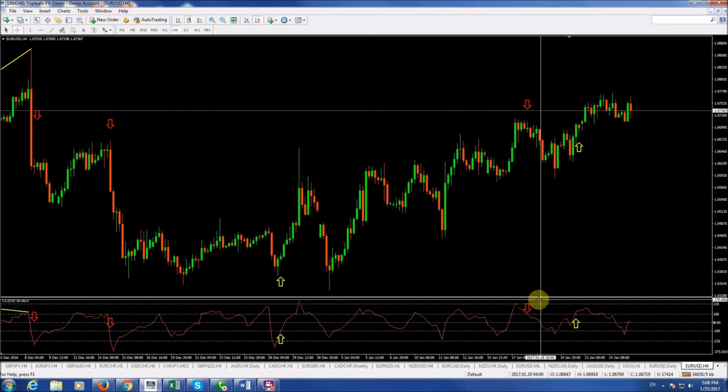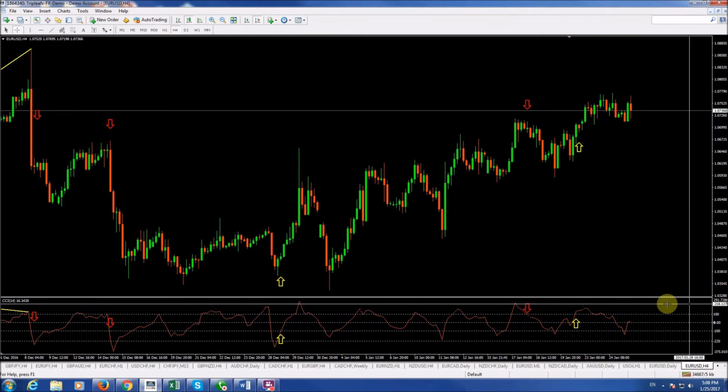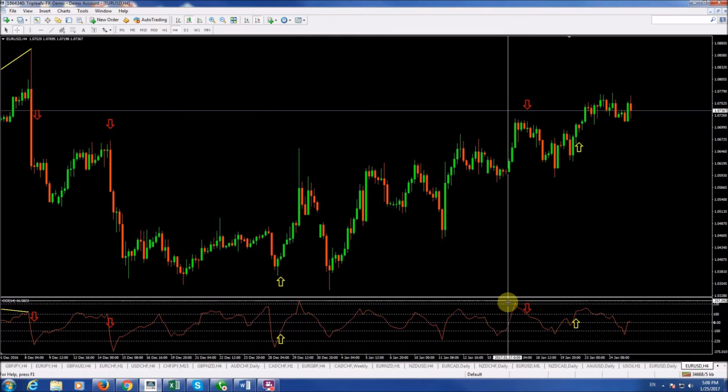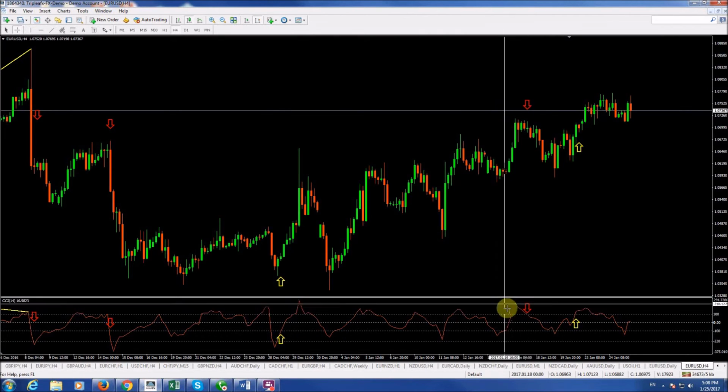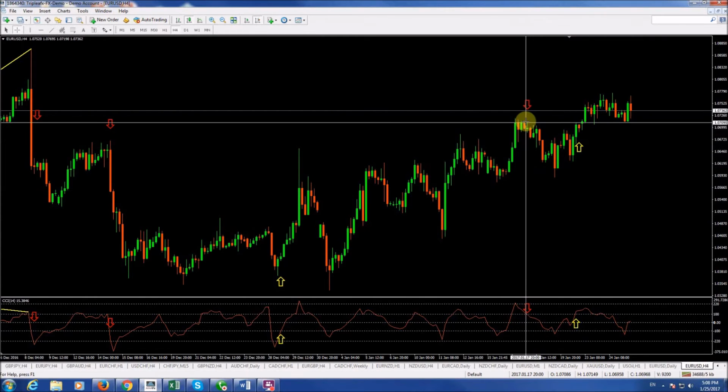Now, personally, I use the plus 220 level and the minus 220 level. The plus 220 level as an overbought level, when it plunges below plus 100, it can be a signal for the start of a sell downtrend. As you can see here in the chart, another